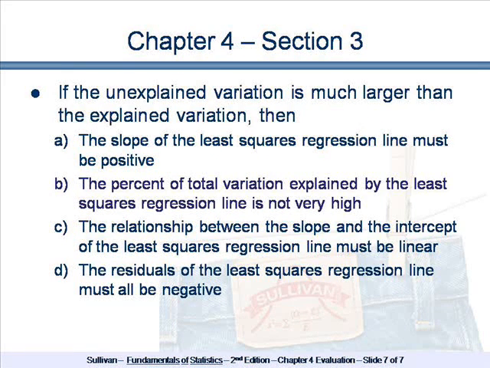If the unexplained variation is much larger than the explained variation, so we have r squared is smaller than the leftover, then the percentage of the variation explained by the least squares regression line could not be very high. Okay, so if the explained variation is our r squared, or coefficient of determination, then the unexplained would have to be large. So our percentage of total variation explained by the least squares regression line is not very high, which means there's not a